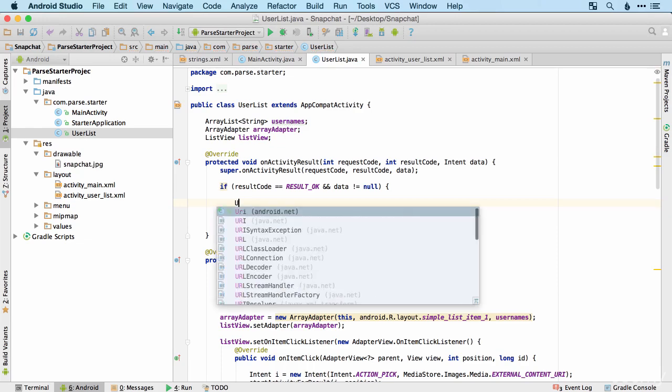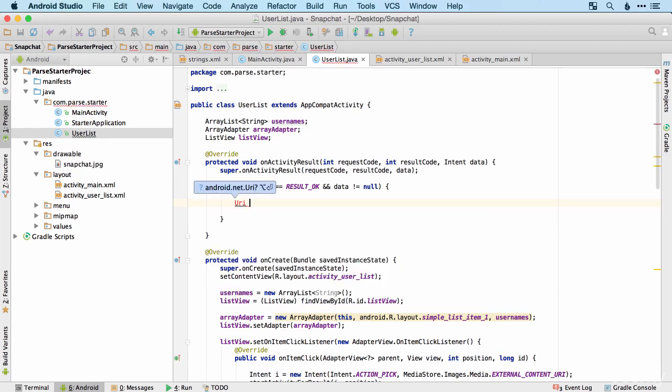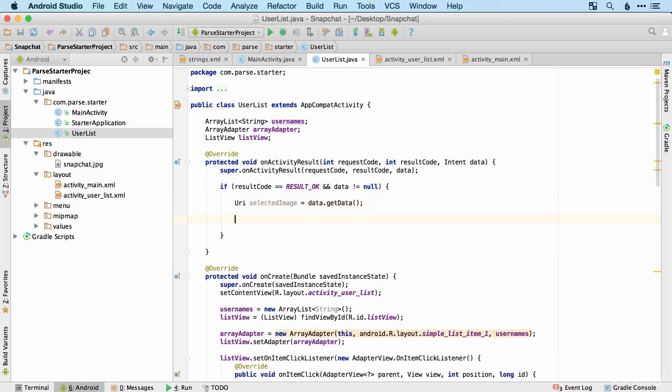Okay, then we'll create our URI to be able to get our image. So we'll call this selectedImage. And this is going to be data.getData. So we're going to get the data from the intent that was passed back to us by the image picker. And then